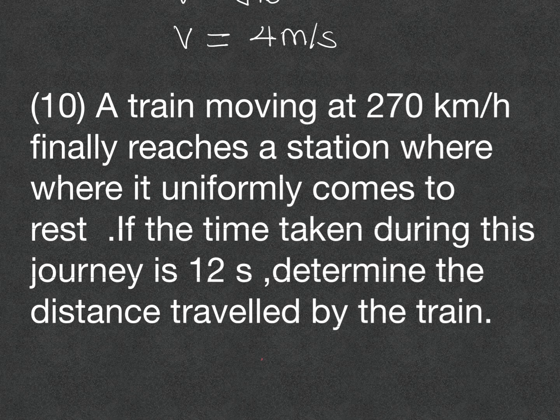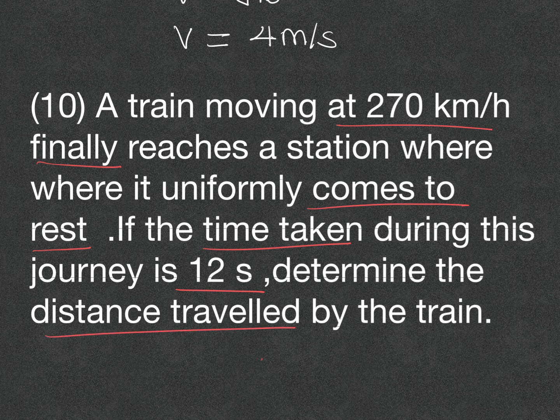We have another problem here, and it reads, a train is moving at 270 kilometers per hour, finally reaches a station where it uniformly comes to rest. If the time taken during this journey is 12 seconds, determine the distance traveled by the train. Solution: